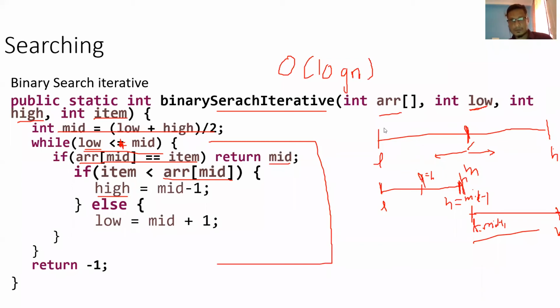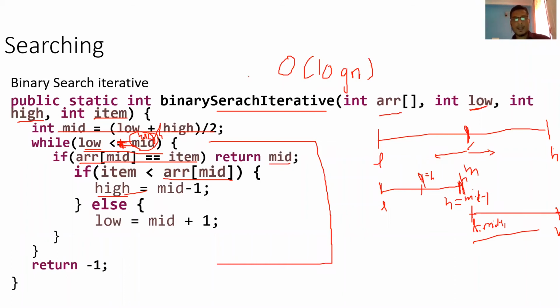Firoz, they're debating on whether, in the programmatic aspect, the low should be less than high or equal to high. That is mainly the question. Yeah, I also got that. I will check on that, but maybe it should be high, I guess. That is the reason I got this doubt. Because I'm not changing the mid; mid is calculated only here, and only the high and low pointers I'm changing. So I think it should be high, maybe a typo. Then only the less than or equal to condition holds good. Yeah, I agree. Okay, that is clear, right?